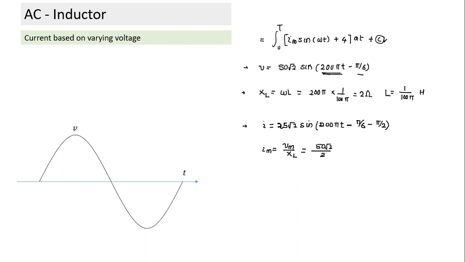Any difficulty in this? No. So do they happen together? Will the peak of voltage and current happen at the same time? No, they do not happen at the same time. But their amplitudes are related. So that's what we need to understand here: how to calculate XL, what Im is, and what the phase constant is. These are three things we need to understand. So are these three things clear?